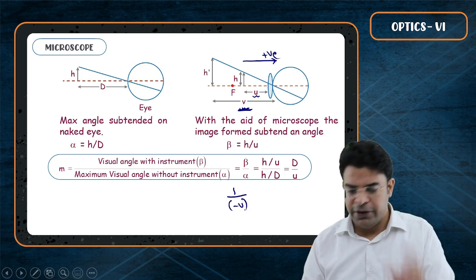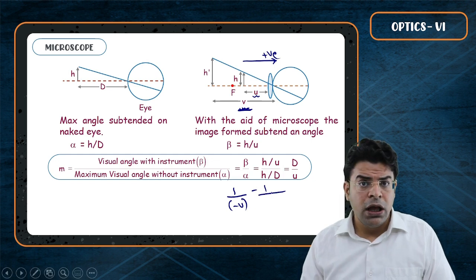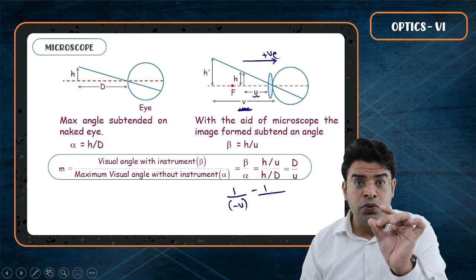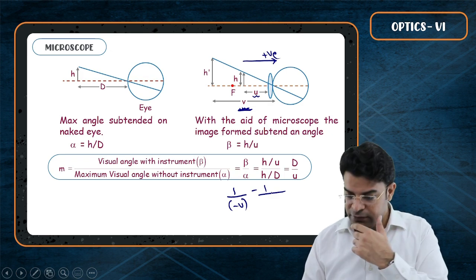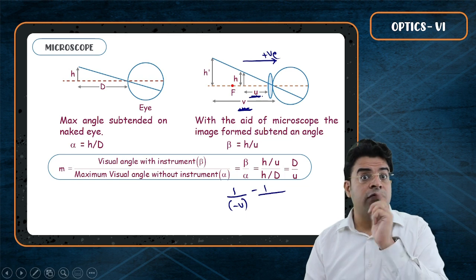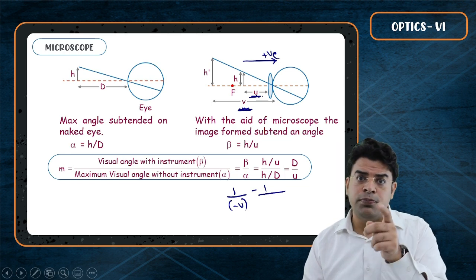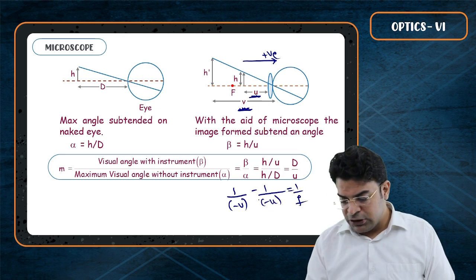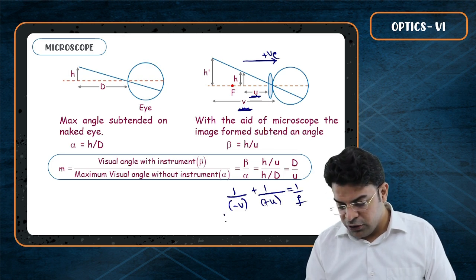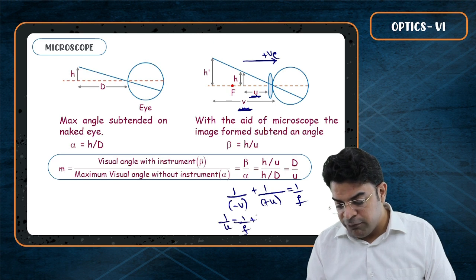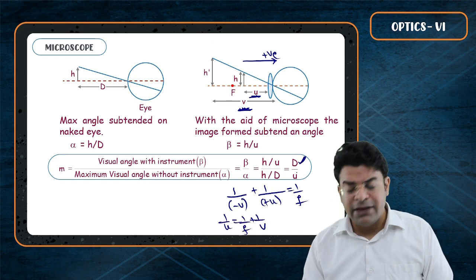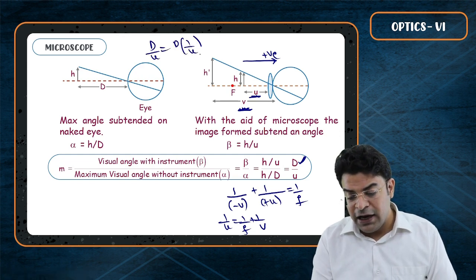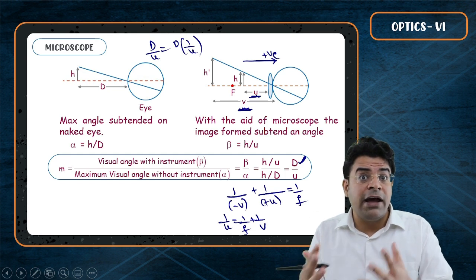So this is the 1 by v part. Minus 1 by u. When you use the lens formula, 1 by v minus 1 by u equals 1 by f, u is the position of the object, but here u is the distance of the object. So if the distance of the object is u, the position of the object will be minus u, and this equals 1 by f. So bachcho, from here this minus minus becomes plus. So you can write 1 by u equals 1 by f plus 1 by v. So rather than writing magnification as d by u, we can think of it as d times 1 by u, and in place of 1 by u, we can substitute 1 by f plus 1 by v.